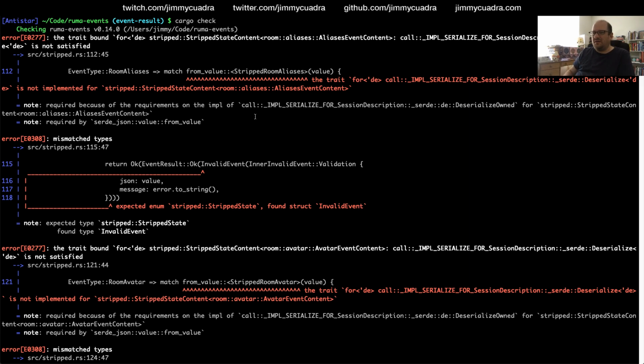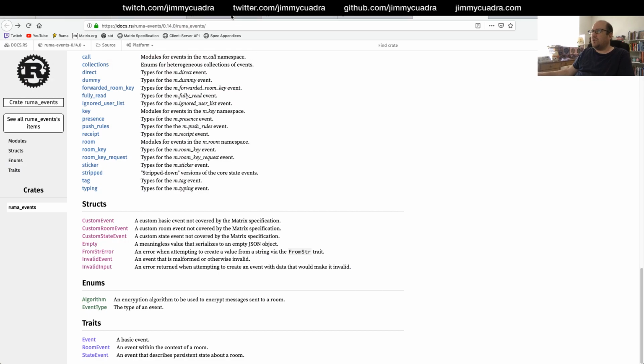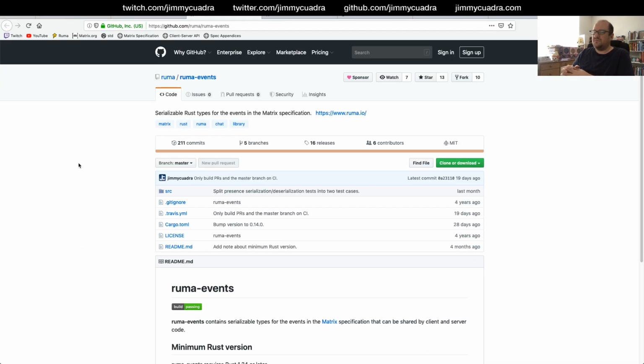Assuming you mean what am I working on in general, I'm working on a library called ruma-events, which you can find on GitHub at github.com/ruma/ruma-events. This is a Rust library that has Rust types for each of the events in the Matrix specification. And specifically, today I'm working on the deserialization API.